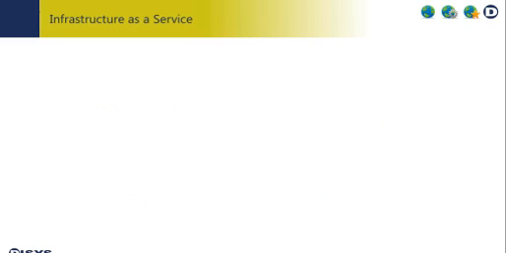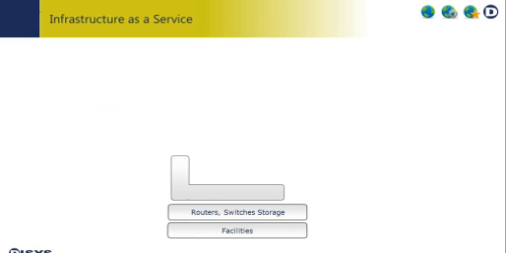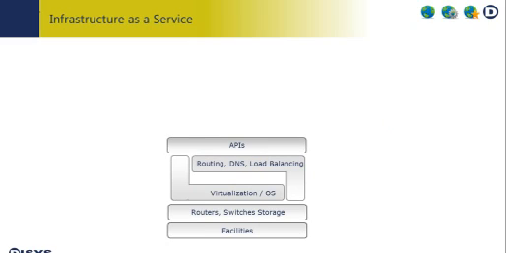The first is something that we call infrastructure as a service, and any organization that is packaging facilities, routers, switches, the operating system, the routing, DNS load balancing components, and putting some APIs around them can now package what fundamentally has been a very low-level infrastructure offering into a service, and then have people utilize it on an on-demand basis. So the first iteration, or first component of the overall cloud story, is something that has now been sanctified as infrastructure as a service.